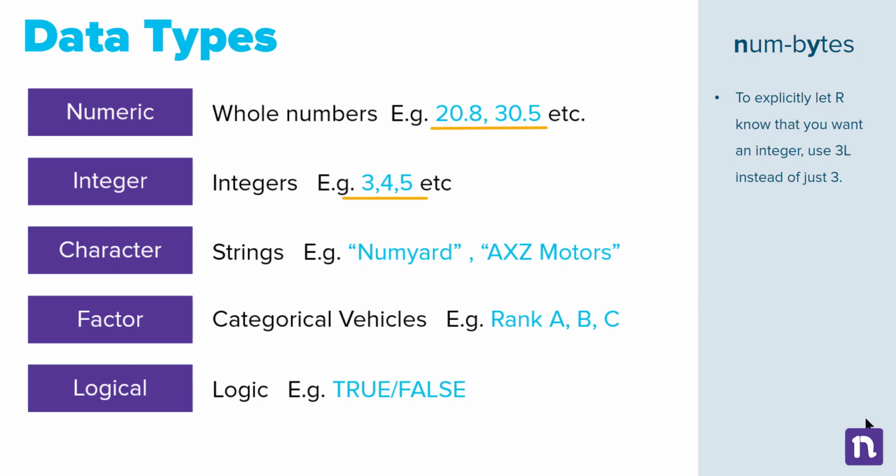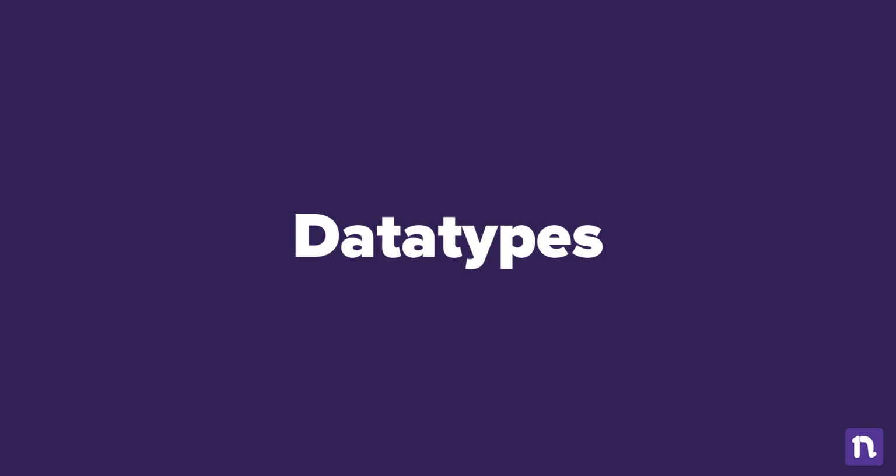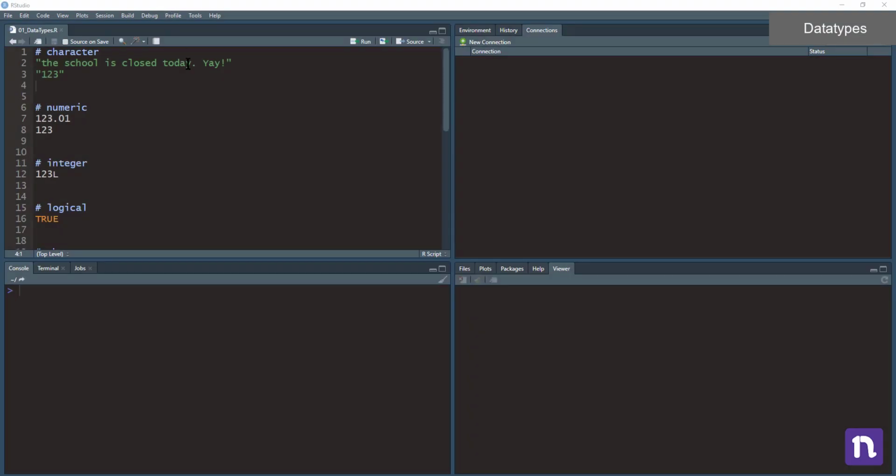Let's see some coding examples in RStudio. If you are enclosing whatever you have within a pair of quotes, R understands that it should be of a character data type. To check what data type it belongs to, you can use the class function and it shows the data type. Now, even if you have a number within a pair of quotes, it is still a character only. You can toggle the previously run commands by pressing the up and down arrow keys.